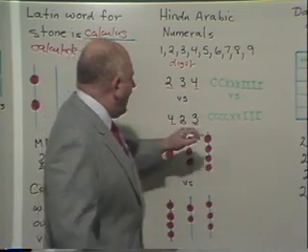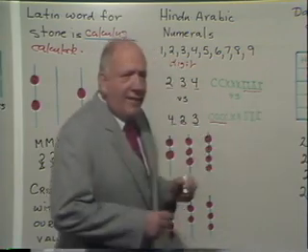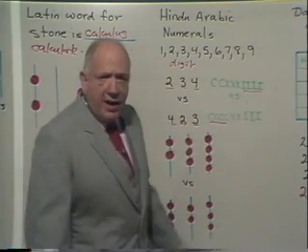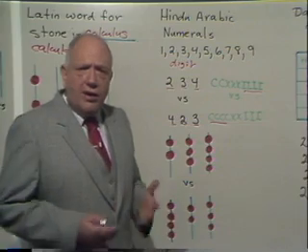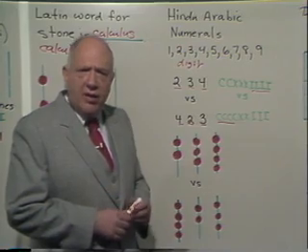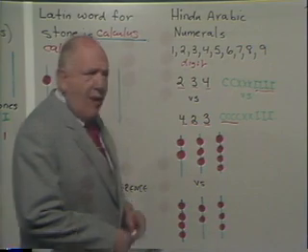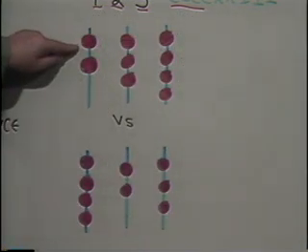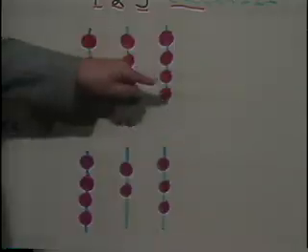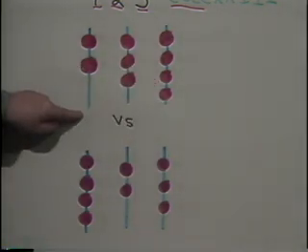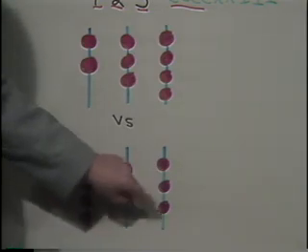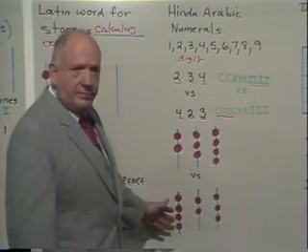Somehow or other, the fact that there's a 4 here and 4 here doesn't bother you, because it's clear that the 4 is modifying C's here and I's here. When you can see the nouns, in terms of money, if you have a bunch of bills, you can shuffle them. That doesn't change the value of the bills. The same on the abacus. How would you write 234? You'd put 2 on the 100 lines, 3 on the tens lines, 4 on the ones line. 234, because the nouns are still visible. What would 423 look like? 4 hundreds, 2 tens, and 3 ones. Do you see the idea here?